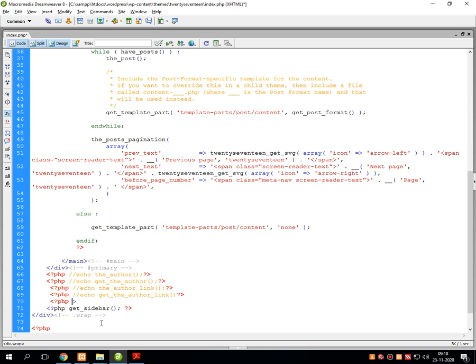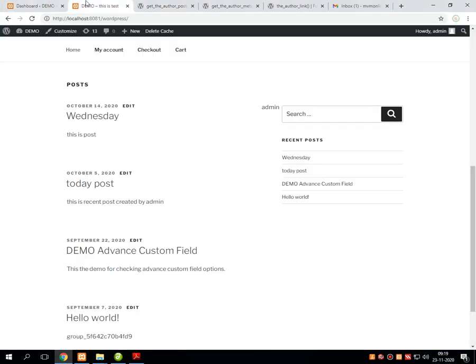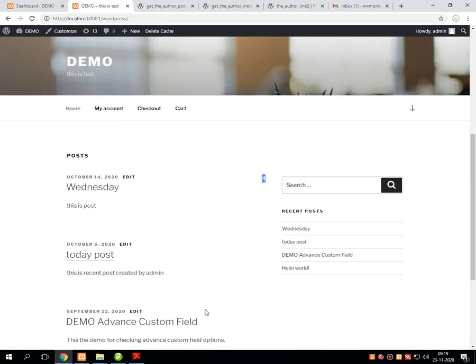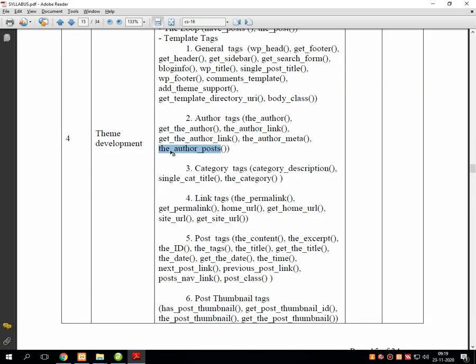Question mark PHP, then get_the_author_posts with echo statement, question mark over. Let's refresh the page. It gives author has created 4 posts. So here there is a counting onto the screen with the_author_posts.